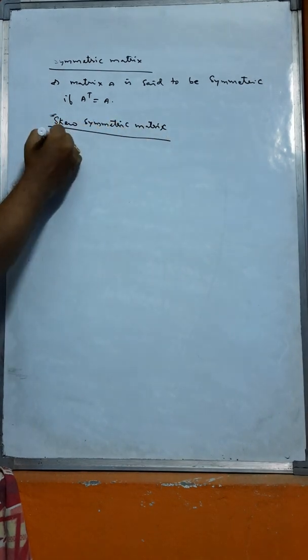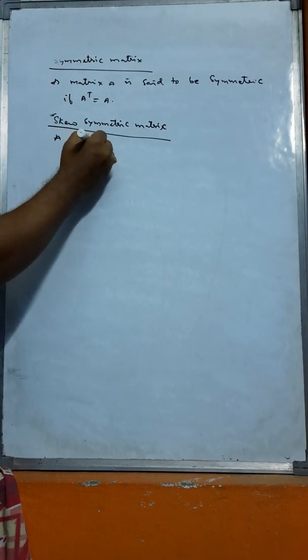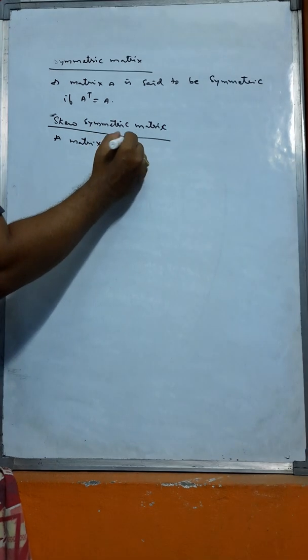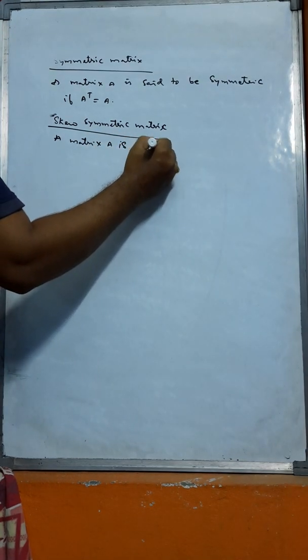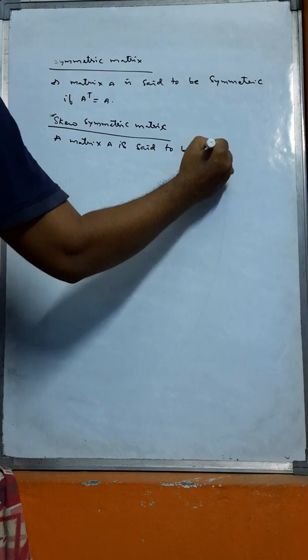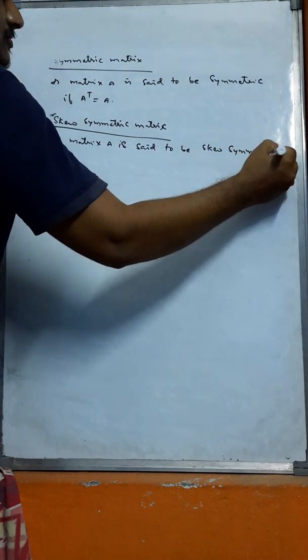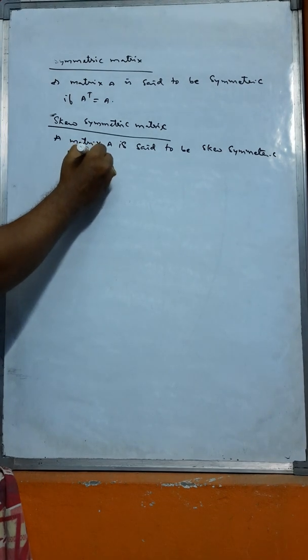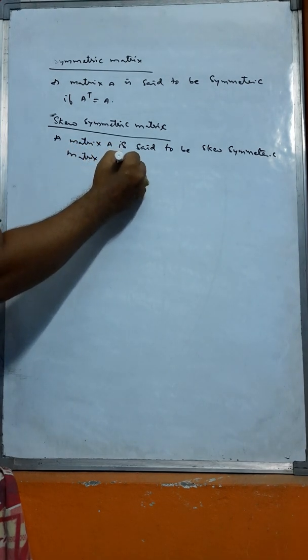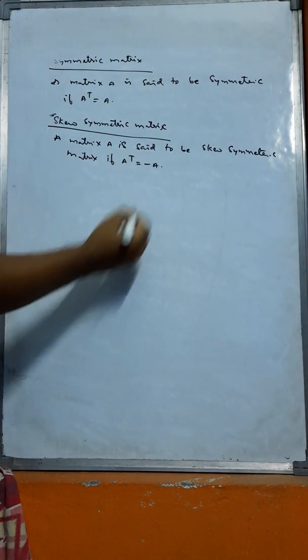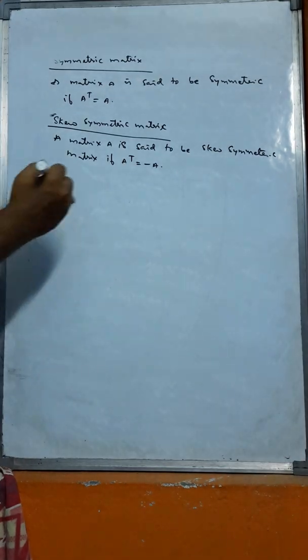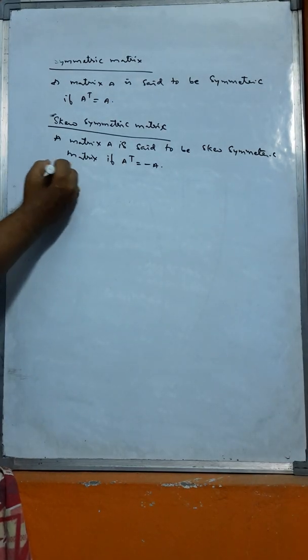Skew symmetric matrix. A matrix A is said to be skew symmetric matrix if A transpose is equal to minus A. Next, third one,